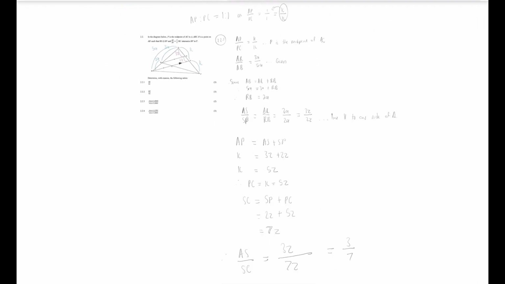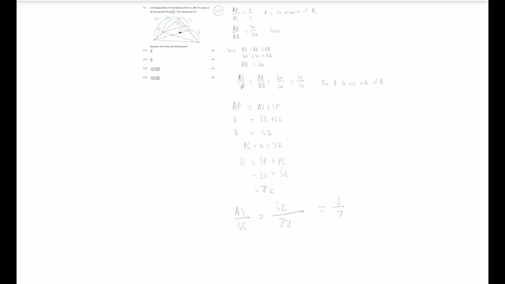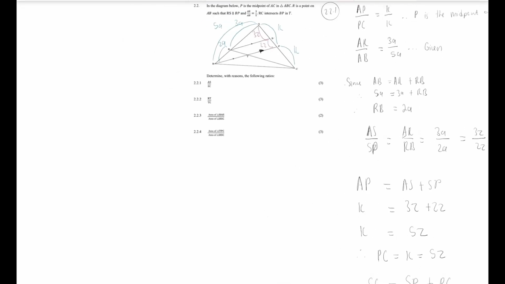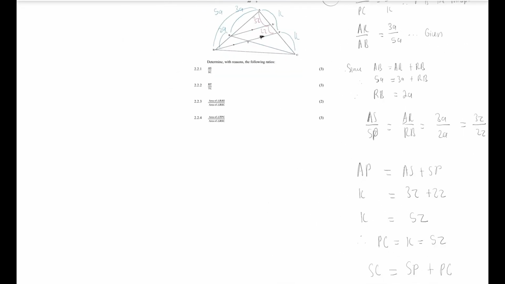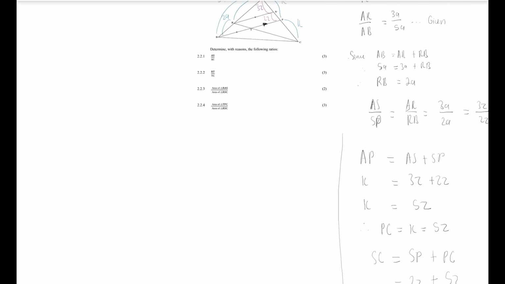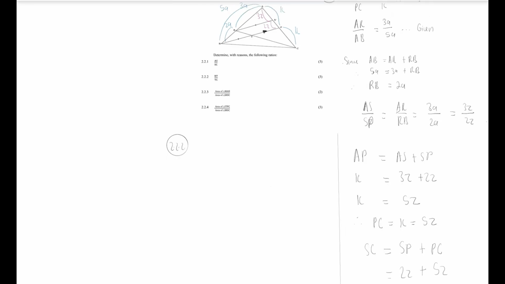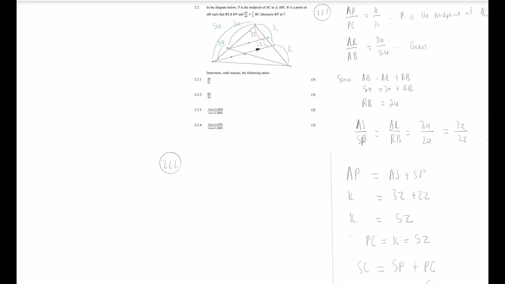And then we continue to 2.2.2. So let me just show that this is now 5Z, and this is now 5Z, like that. And now I'm looking for